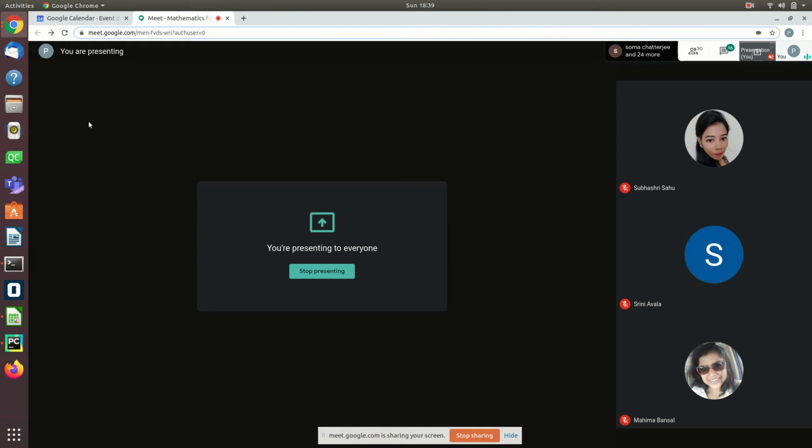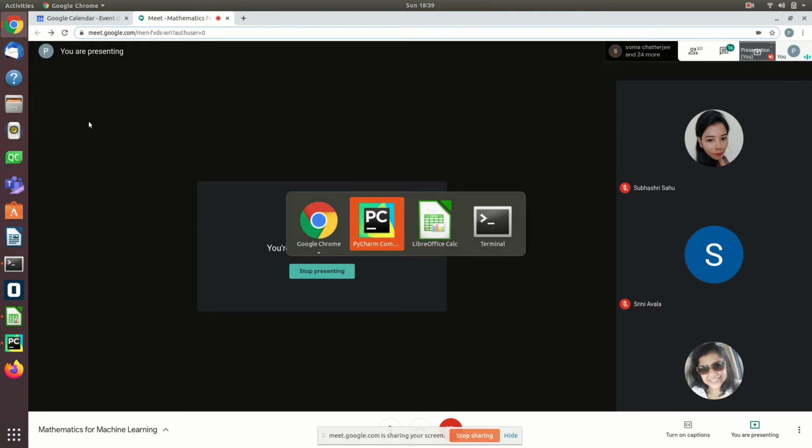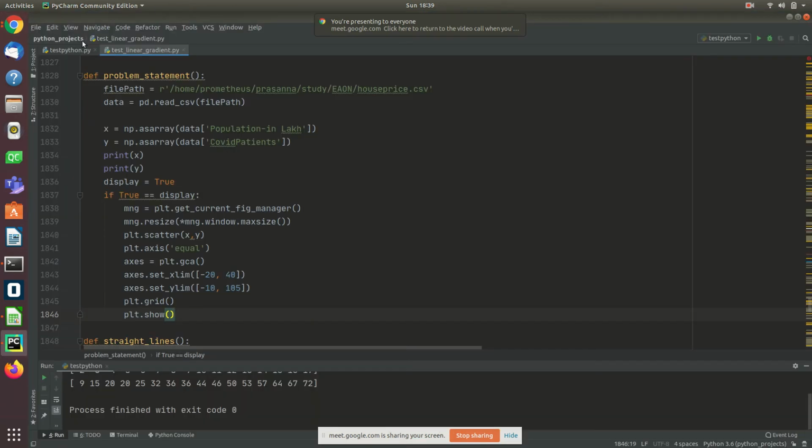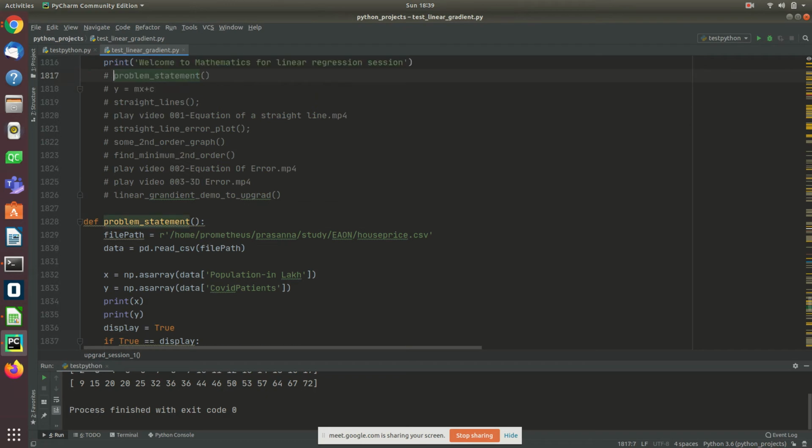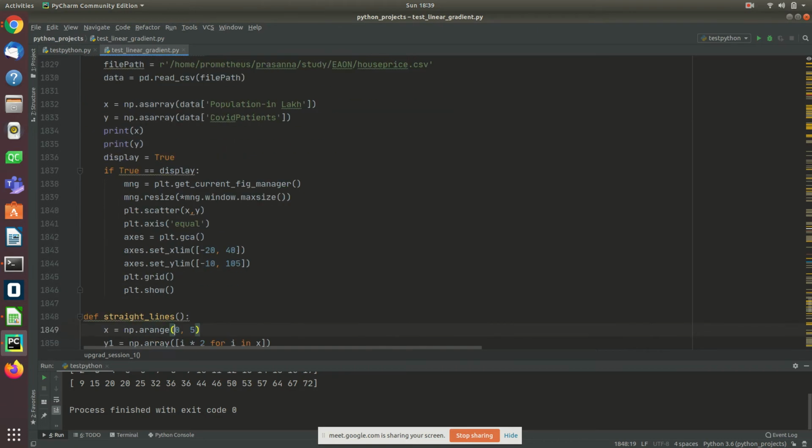So let's try to see what exactly that is. Let's draw some lines and understand y is equal to mx plus c in more detail. Then you will appreciate it, and we will try to draw y is equal to mx plus c for our problem. I already have a problem statement, I don't need to go to that. I close this. Let's understand a straight line. Okay, let's come to straight line.